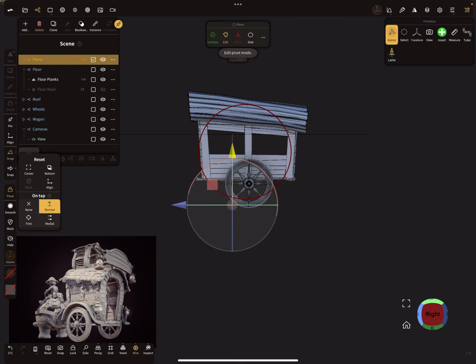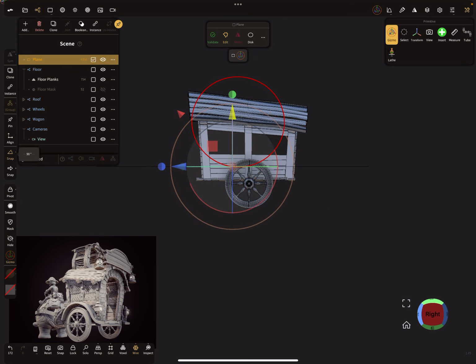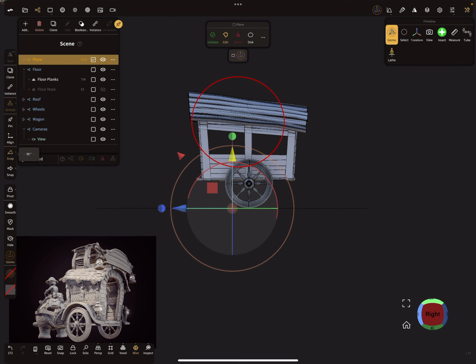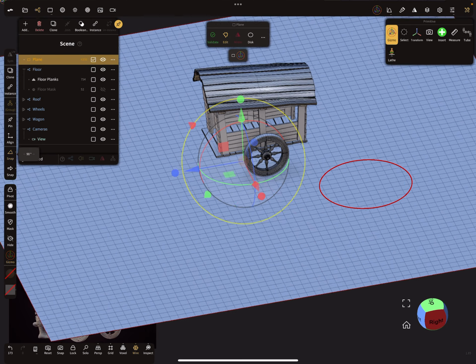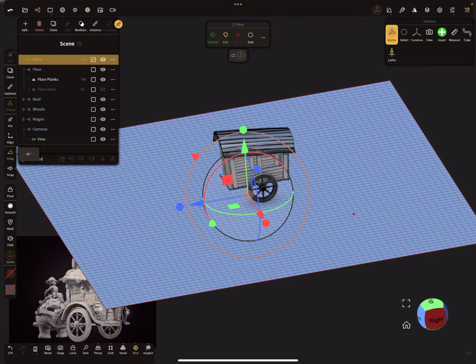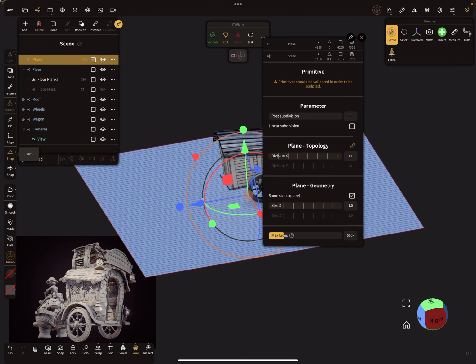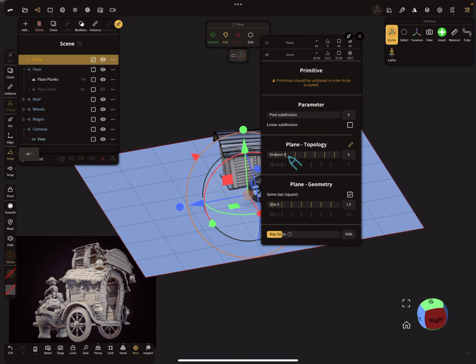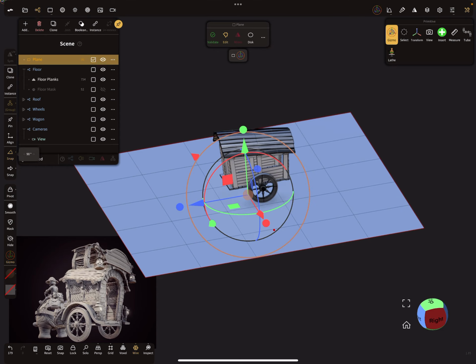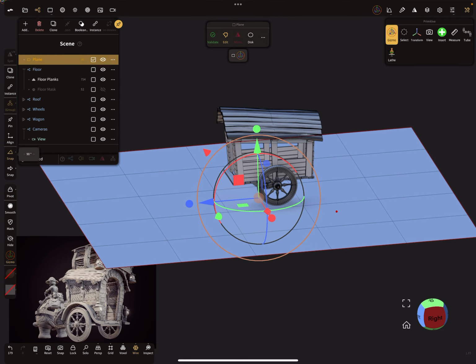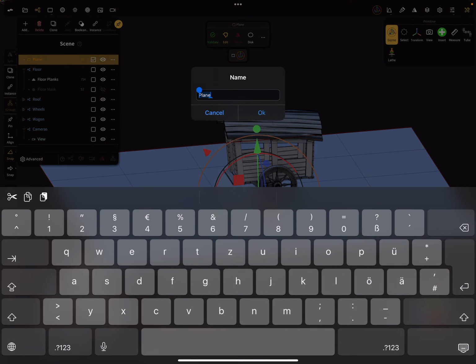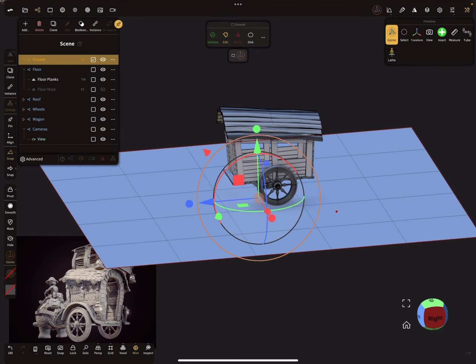So a little bit too big. Topology like this. Ground.